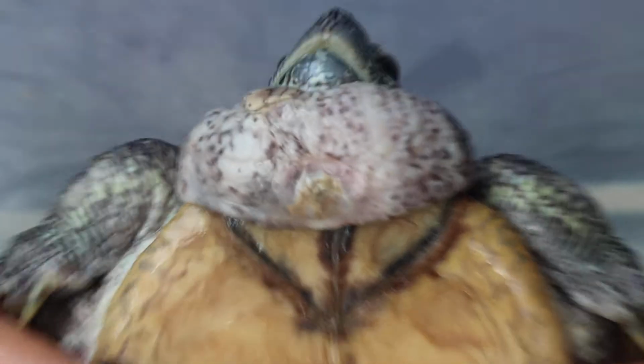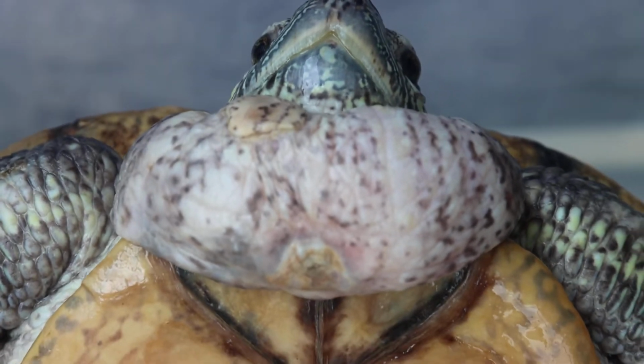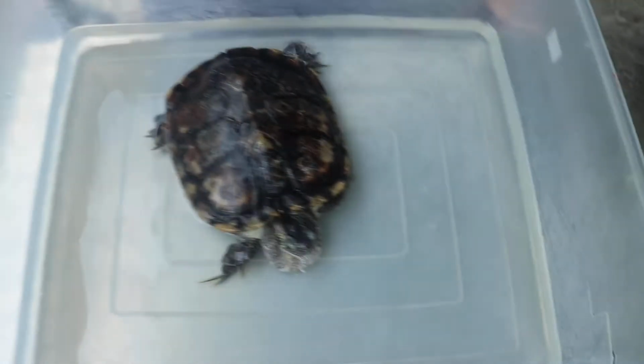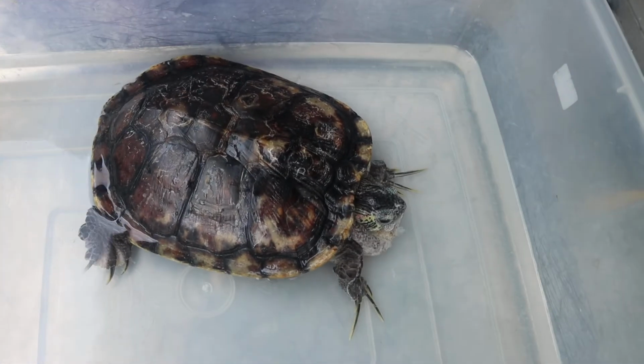Now these wounds are very common because this female red-eared slider is housed with another one in a small tank. The other one is a male. The tank is about this size, I believe. This is the male. The male keeps on trying to attack the female due to, I presume, lack of space or territorial